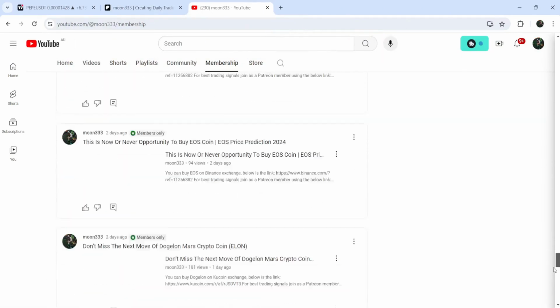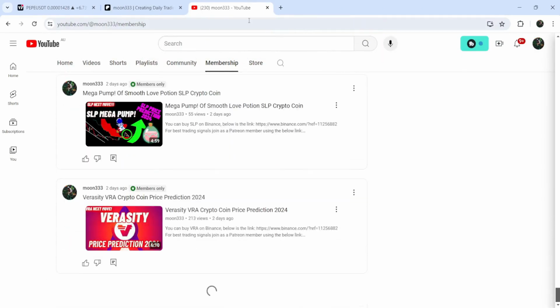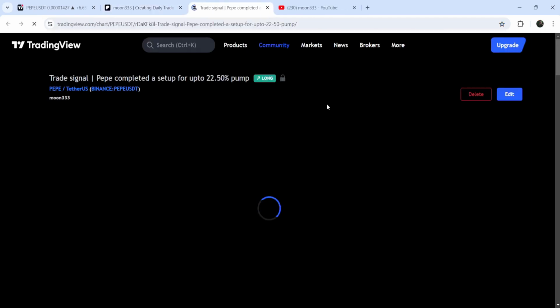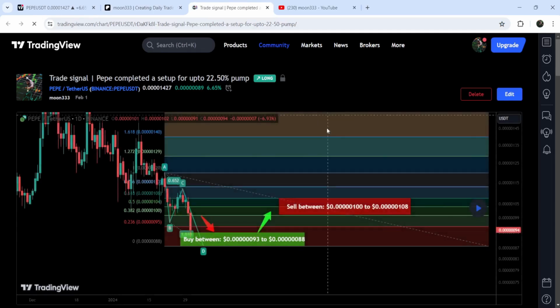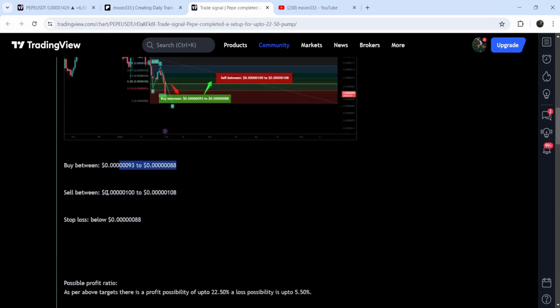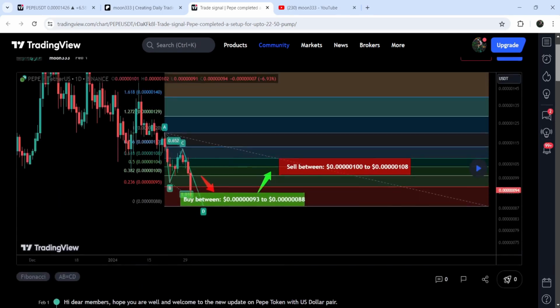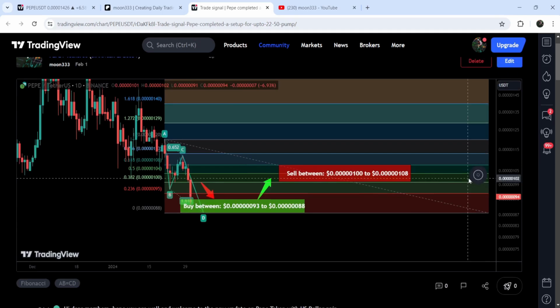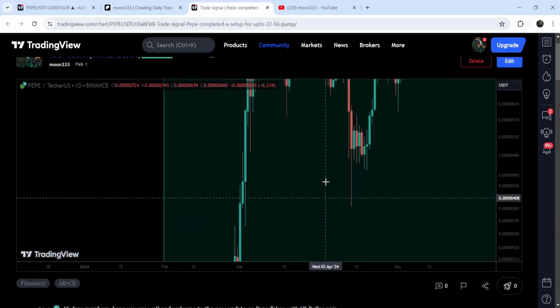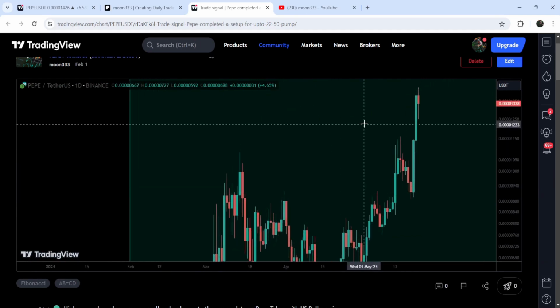And first of all, I'm going to begin with my most recent trade signal for PEPE that I shared on 1st of Feb 2024 with my members. And that was a harmonic bullish reversal AB equal to CD move that PEPE formed with US dollar pair on a daily time frame chart. And this was a complete trade setup. This was the buying zone and the sell target zone and the stop loss. And now if I play this chart, then you can see that the price then started a very massive reversal from this buying zone and rallied beyond the sell target zone. And so far, it has pumped almost